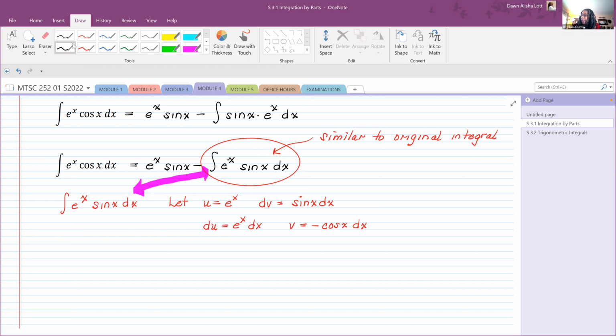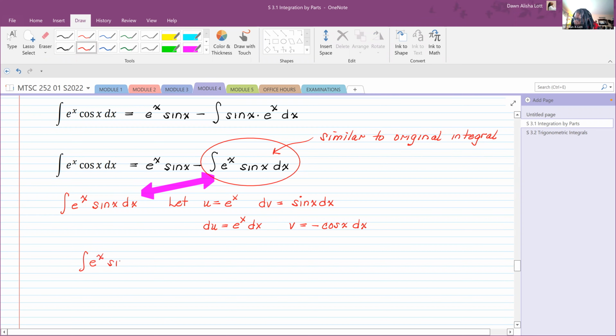Okay. We need that because we can't finish the original problem until we get that. We need this to go into that problem. All right, so now we have the integral of e to the x sine x dx